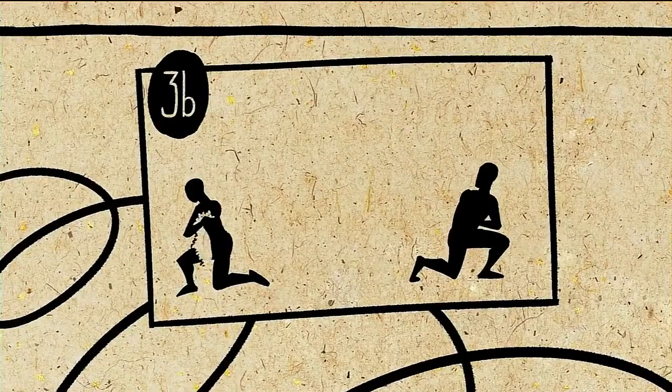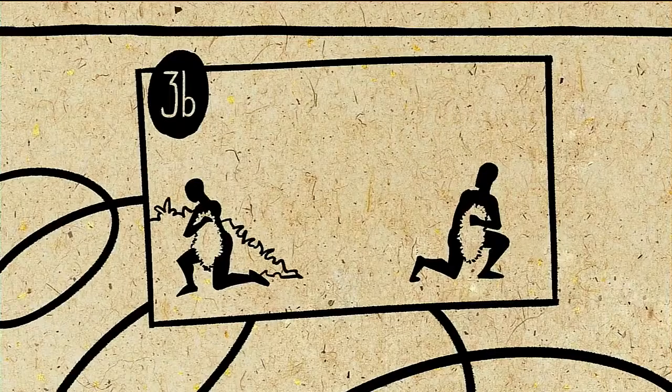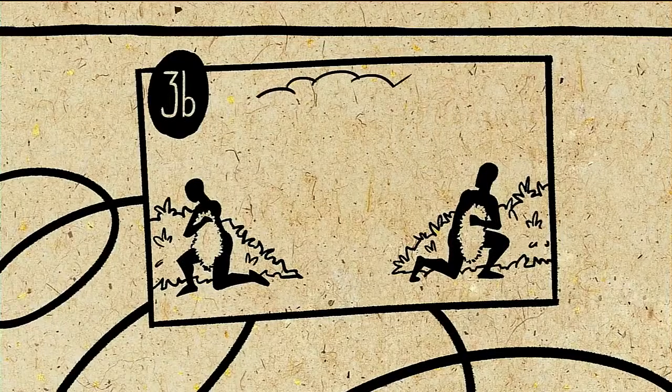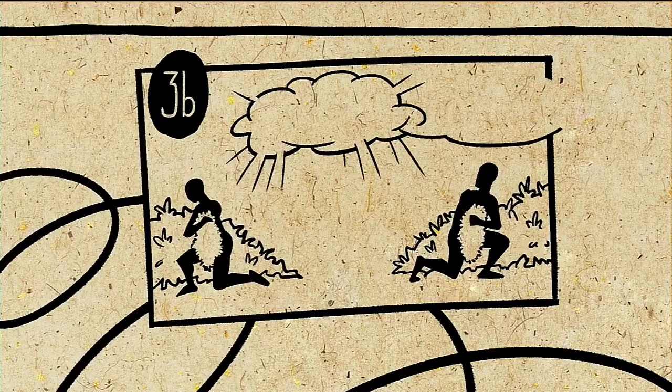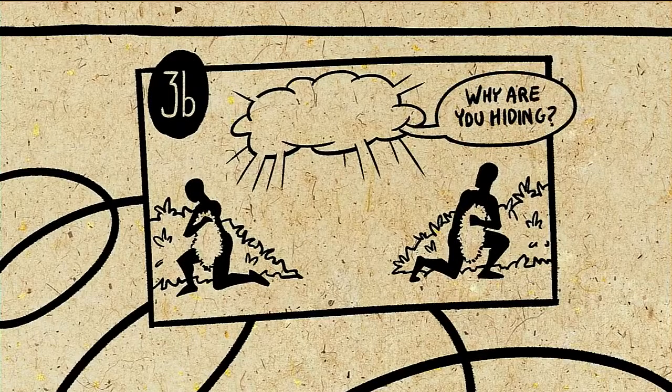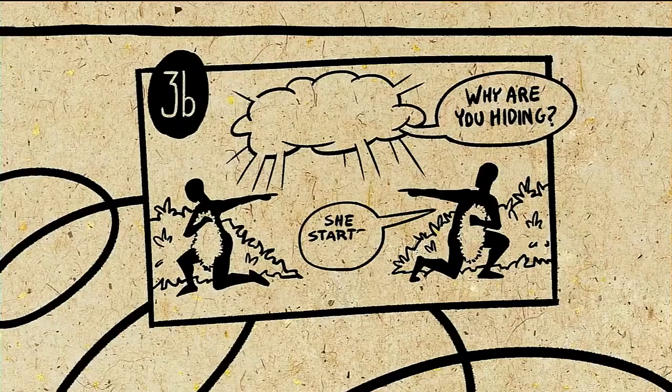And so they make clothes and they hide their bodies from one another. The second casualty is that intimacy between God and the humans is lost. So they run and hide from God, and then when God finds them, they start this game of blame shifting about who rebelled first.